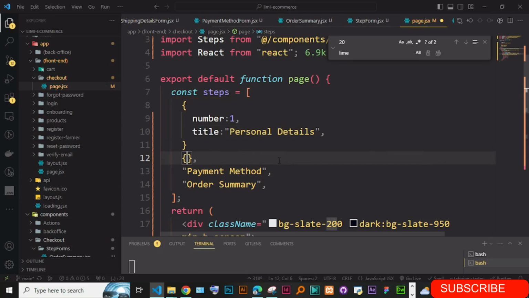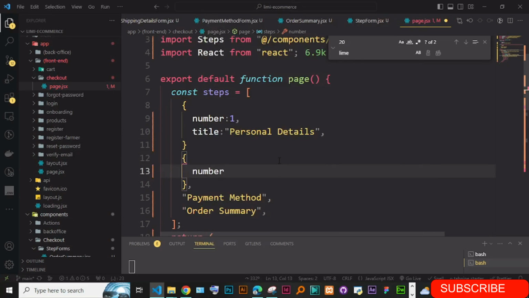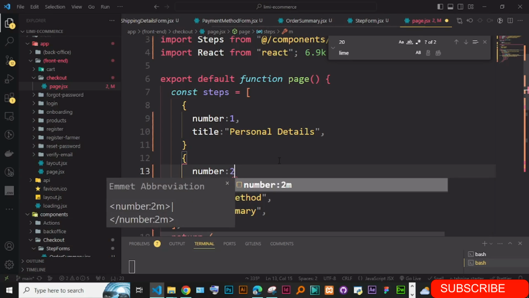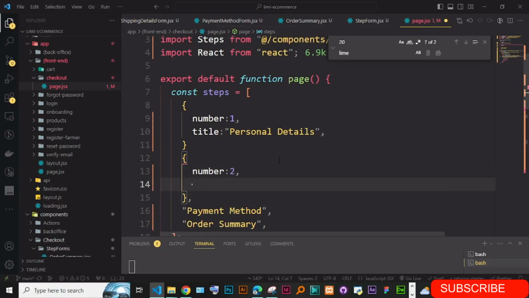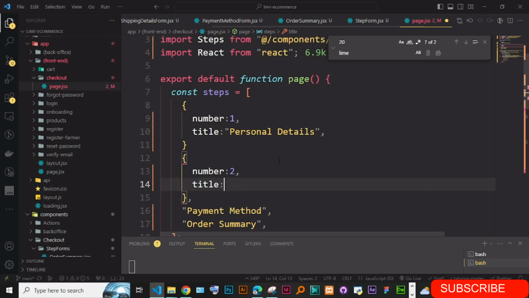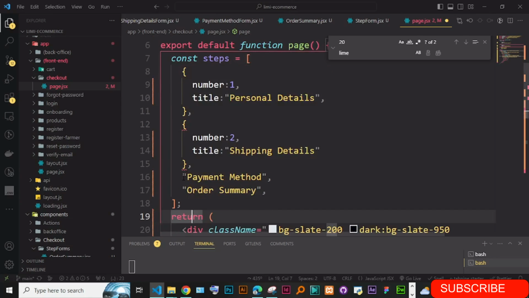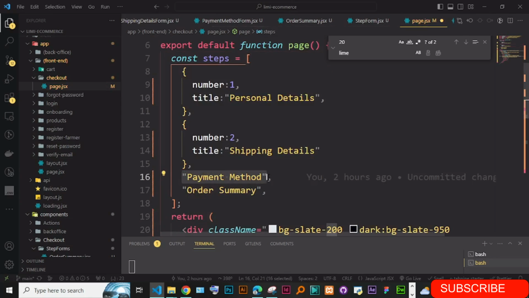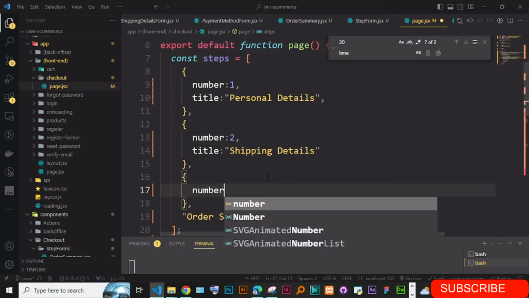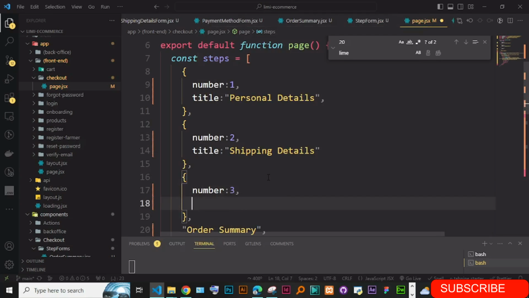Cut this, replace it with number. This is number 2. Okay, and the title, just going to have the title of this. Okay, go to this number 3, cut this, replace it with the object. We have the number 3, and then we're going to have the title,